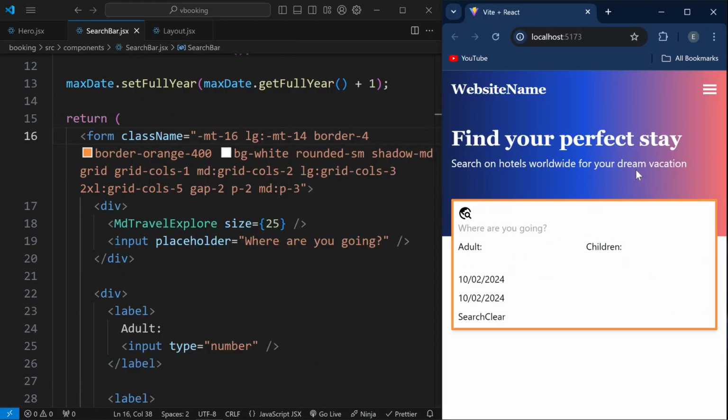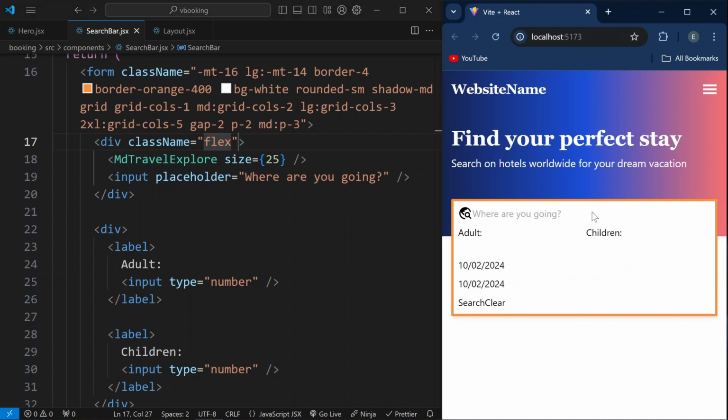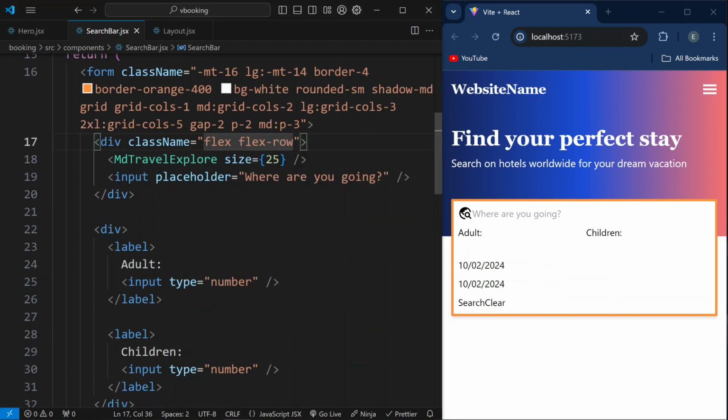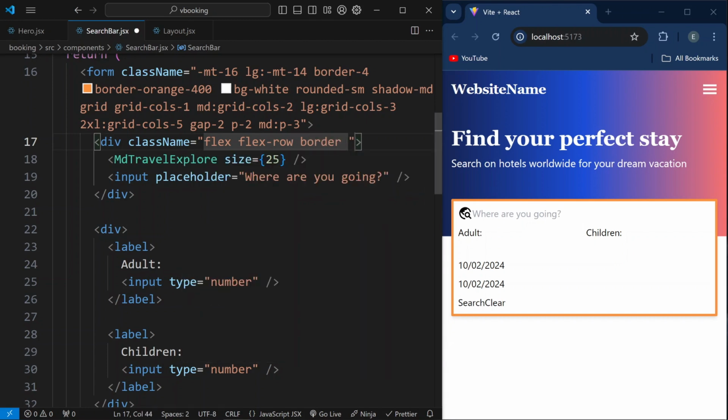Like this. Okay, so now let's style our first input. So inside our first div, let's give here class name flex. So this property will be applied to our icon and this input. Let's save it. It will be on one single line. Let's say flex row, so it will be on horizontal, and after that let's give here border, and our border color will be gray 300